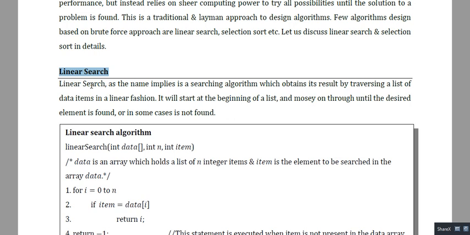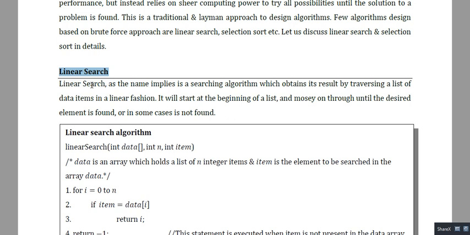We have to keep on comparing the item to be searched with all the elements present in the list, starting from index 0 to the last index, traversing all the elements from left to right.